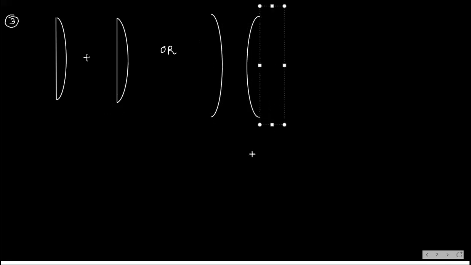Reverse we have kept. Okay. One is like this, another is reverse, like this.